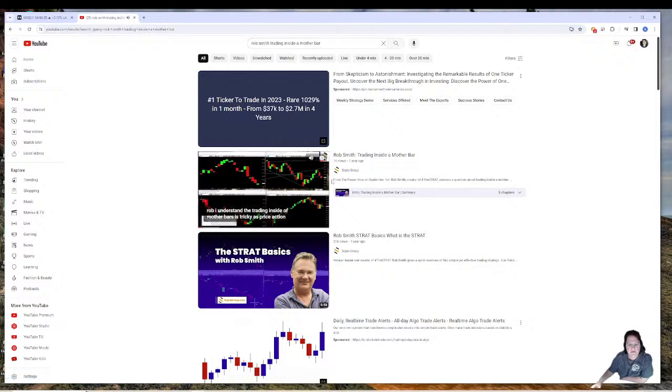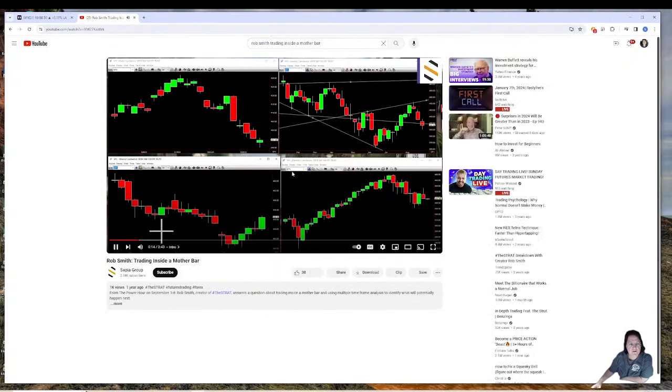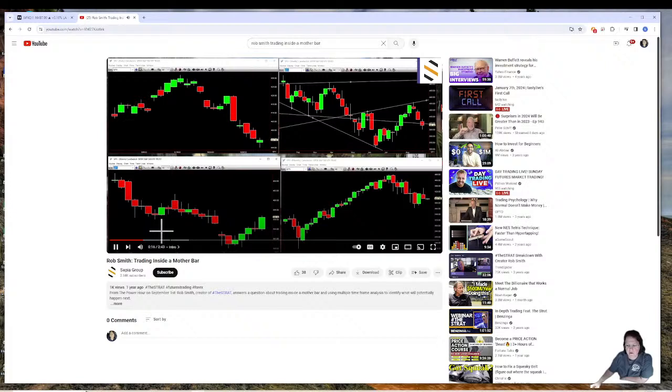Inside of mother bars is tricky as price action starts all over again and can be choppy. On the other hand, every one has its mother bar. Can you please explain what it is? Let me make it bigger so you guys can see it. Just a great video by him. And when they should be avoided due to mother bar issues. Please examine that on the chart.